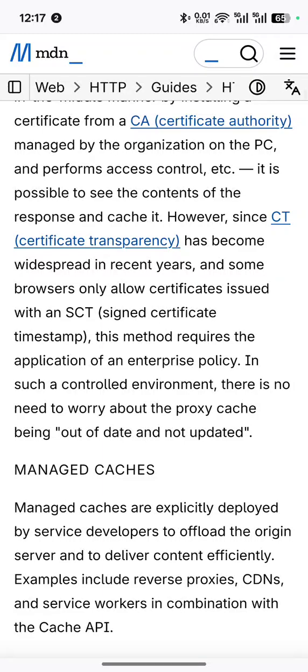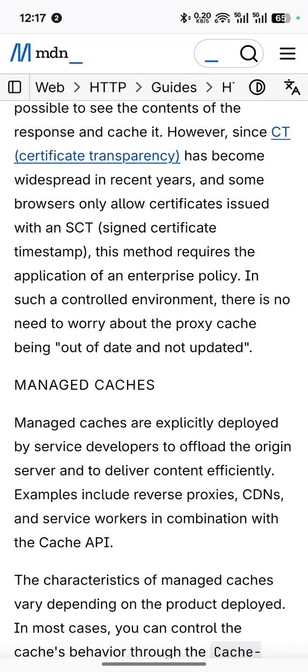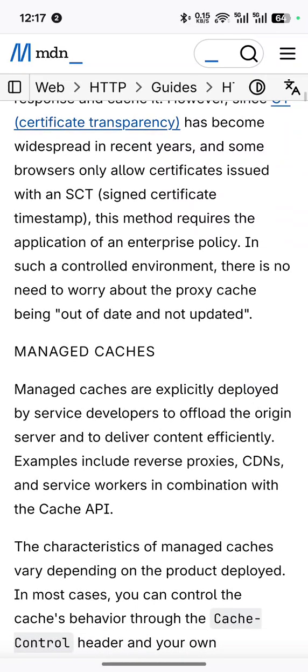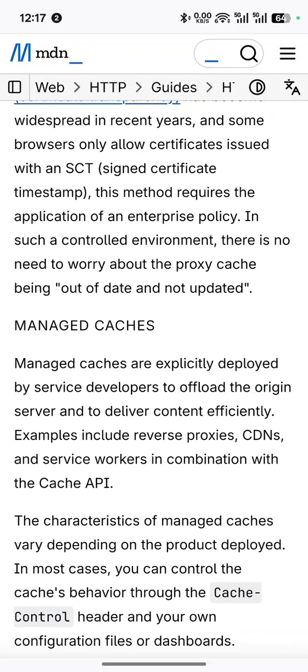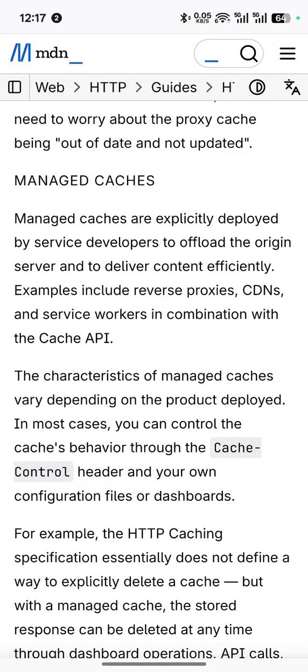However, since certificate transparency has become widespread in recent years, and some browsers only allow certificates issued with a signed certificate timestamp, this method requires the application of an enterprise policy. In such a controlled environment, there is no need to worry about the proxy cache being out of date and not updated. Managed caches are explicitly